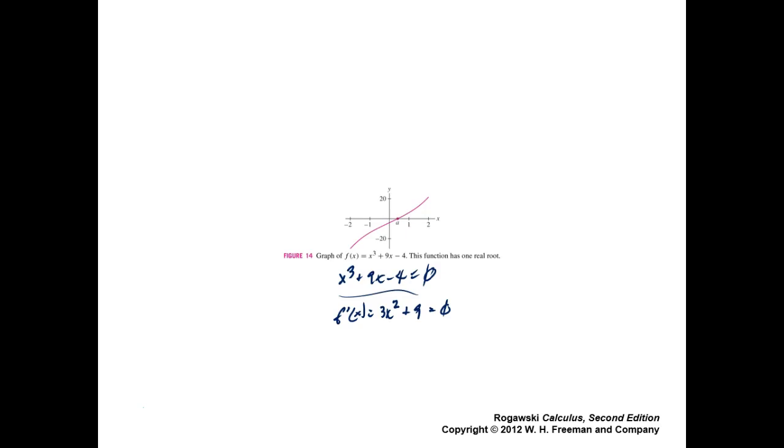But if you looked at the derivative of this function, you would see that that's always positive, which is exactly what we're seeing there. It's a constantly increasing function. No value you put in here for x is going to produce a negative number here. They're always going to be positive, because x squared is always a non-negative number. It could be 0, but when you add 9 to it, that's going to be positive, and anything else is going to be even more positive. So that's always positive. So basically all you have to show then is that f of something to the left,